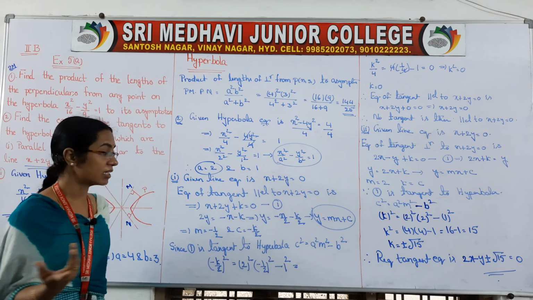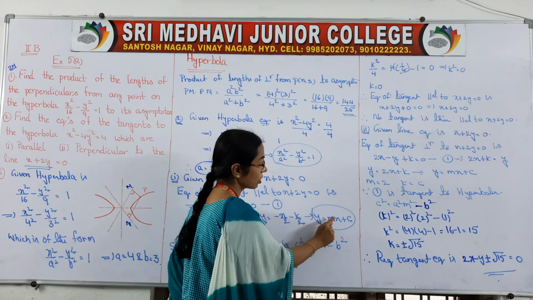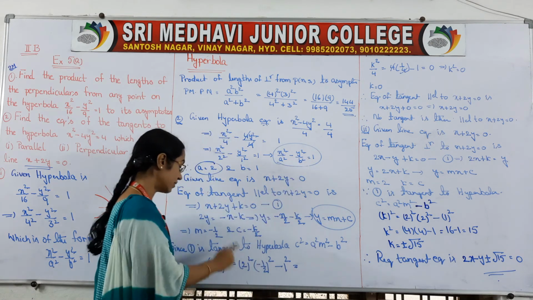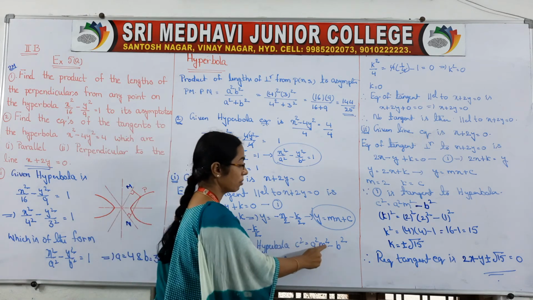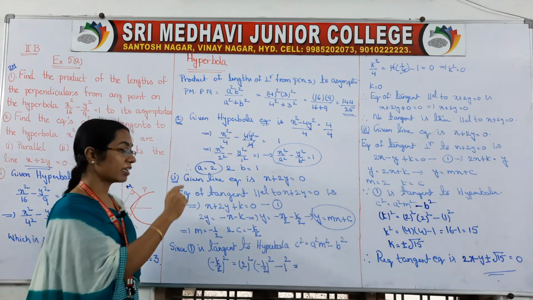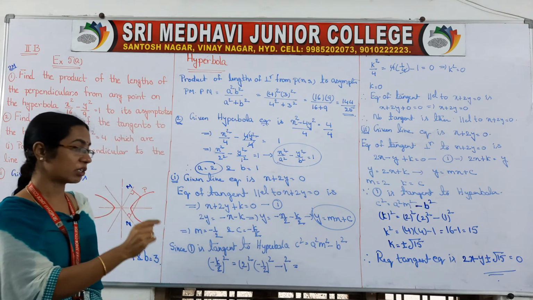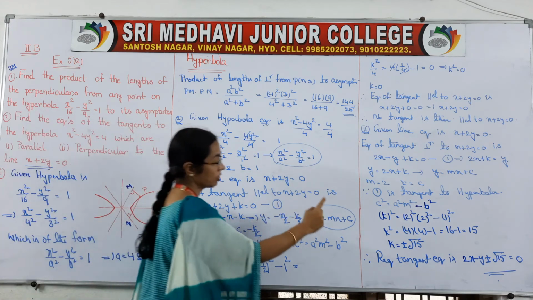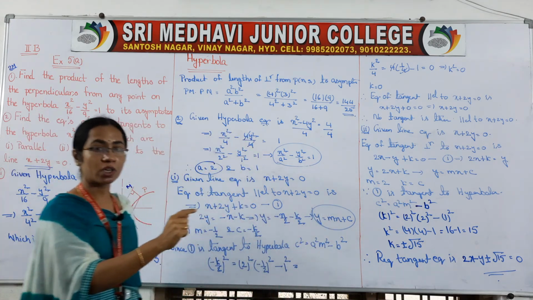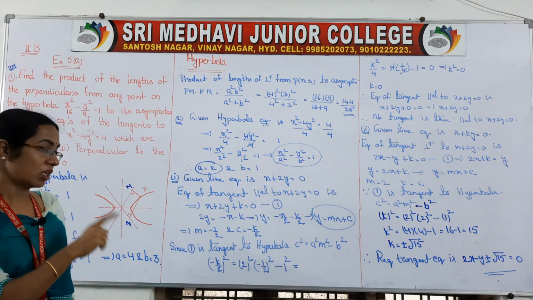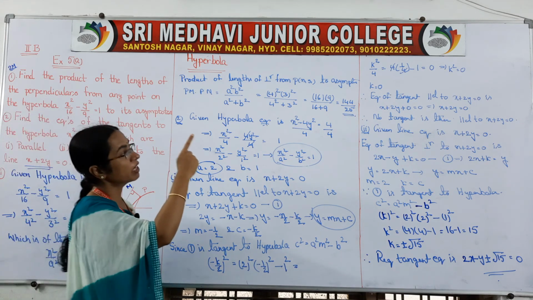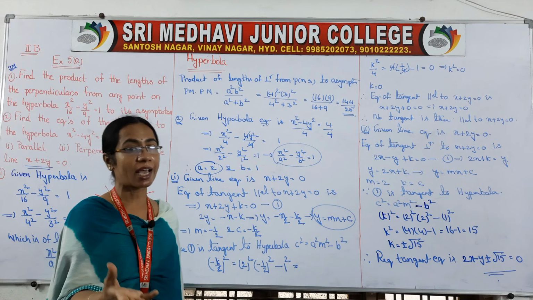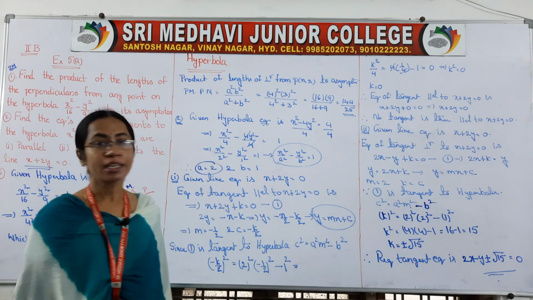Why are we doing it like this? The condition for the line y is equal to mx plus c to be a tangent to the standard hyperbola is c square is equal to a square m square minus b square. So, we will take that condition. To use that condition, we need the c value and m value. That is why we compare the line equation with y is equal to mx plus c. You will get your m value and c value, substitute in the condition, and then you get your k. Substitute, and we will get the same line equation. That means there is no tangent which is parallel to that line.